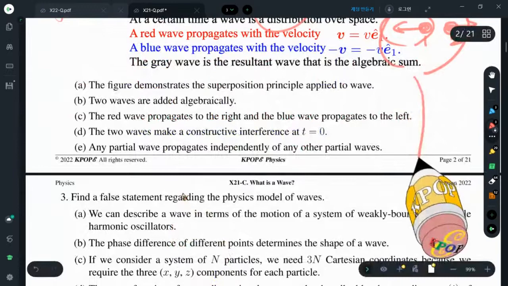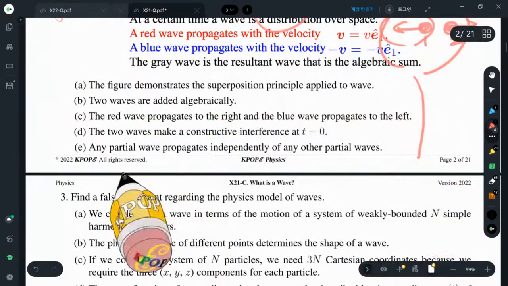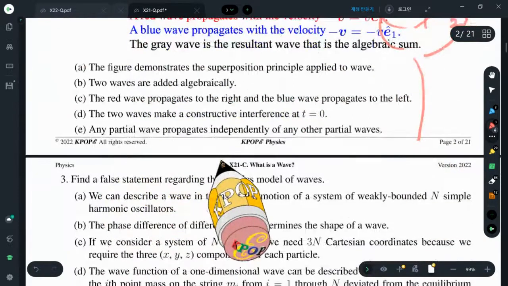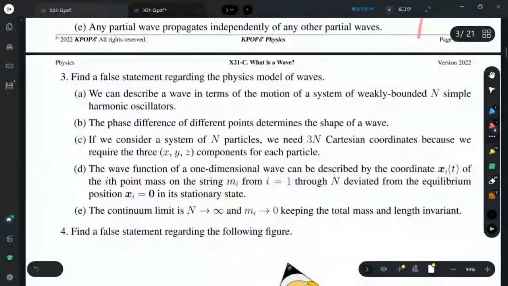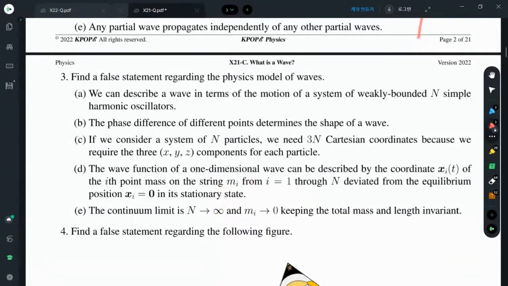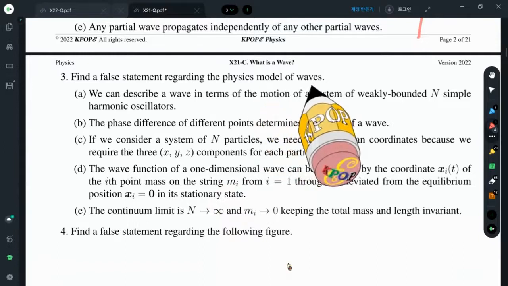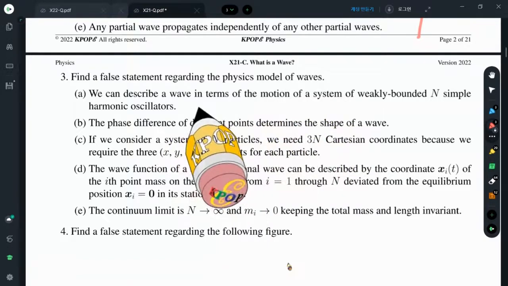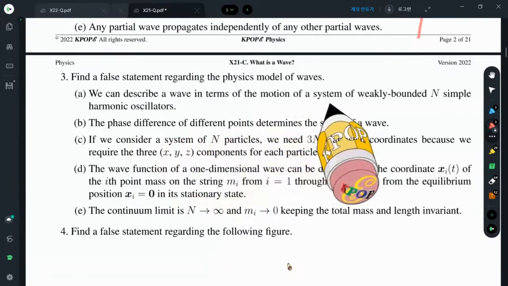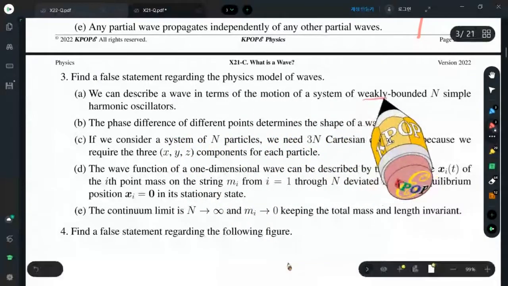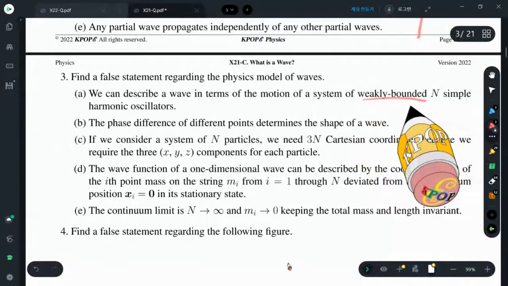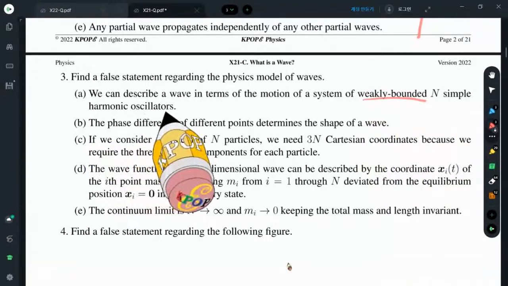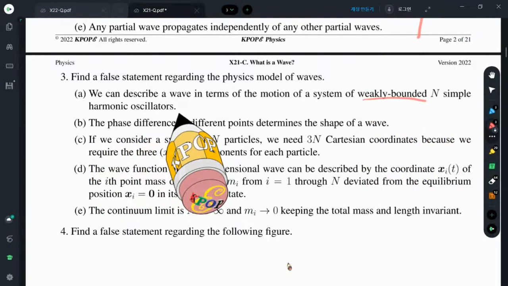These are the explanation of what I have already told you. So we would like to construct a physics model of such kind of waves. We can describe a wave in terms of the motion of a system of weakly bounded simple harmonic oscillators. For example,